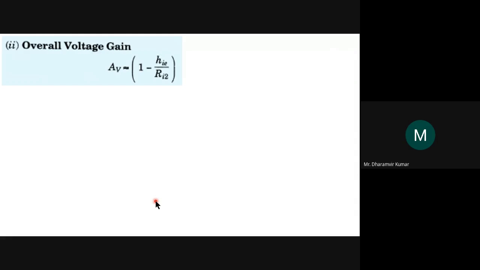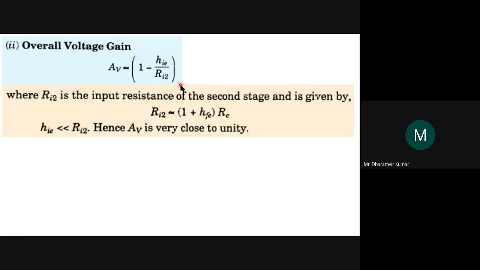The voltage gain is given by this equation: 1 minus HIE by Ri2. Here HIE is the H parameter, the input impedance parameter, and Ri2 is the input resistance of the second stage. There are two transistors used here, so there are two stages, and this Ri2 is the input impedance of the second stage. And this is given by this equation, that is Ri2 is equal to 1 plus